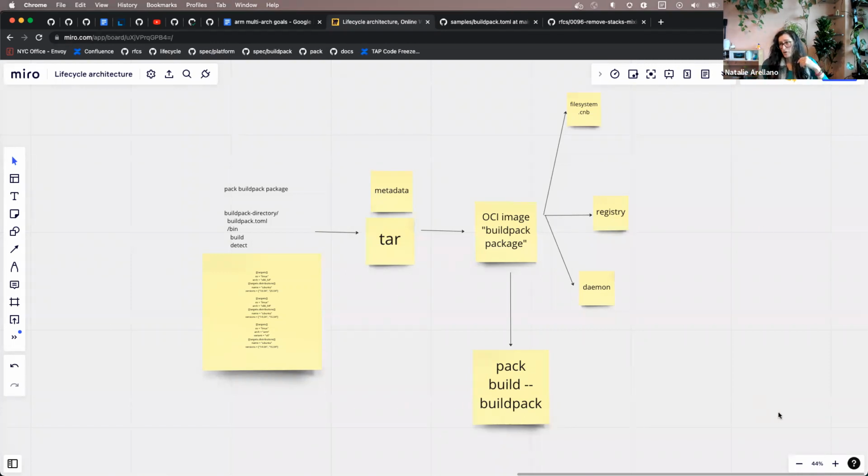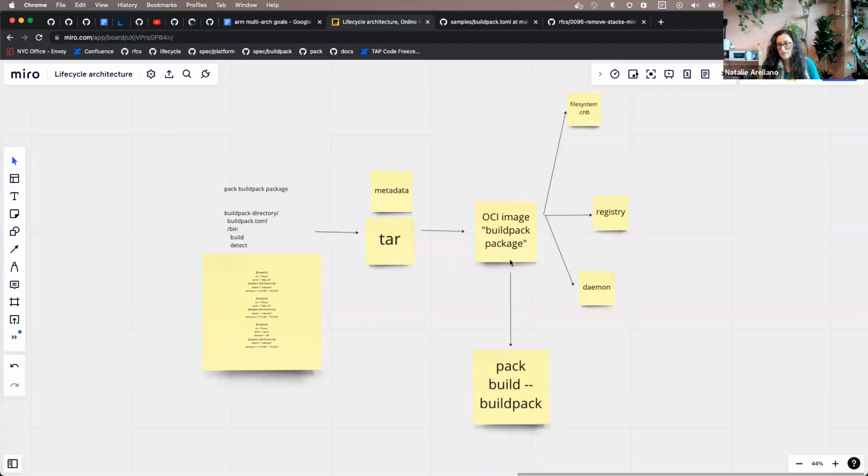I think the real value add is I don't want to have to get an ARM machine just to make an ARM buildpack package, right? Because really, what makes it ARM? It's the metadata, and you don't need an ARM machine for that. Just write a different string value into your config.